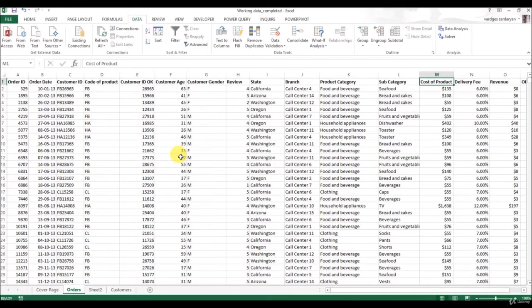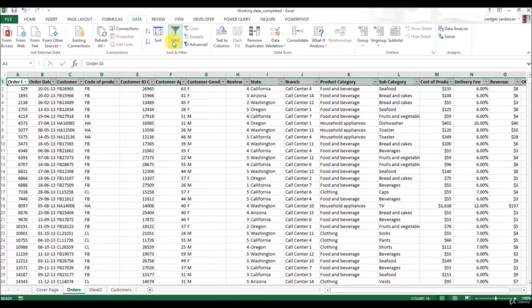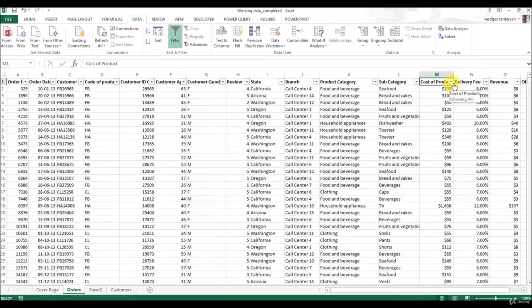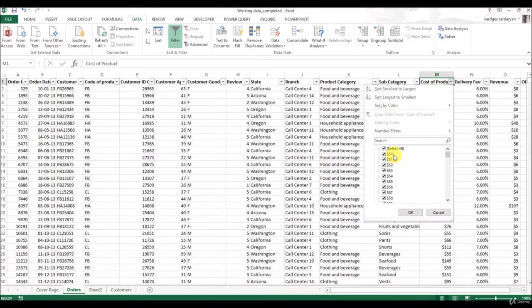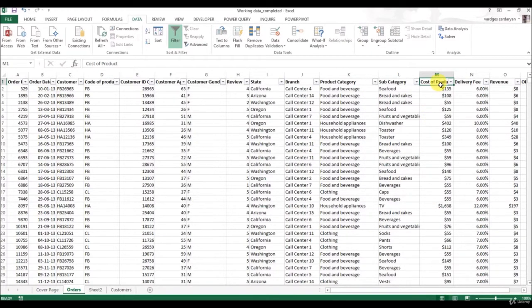Now for practice, let's define the limits for the cost of products. By the filter, we can see that the cost of products in our data fluctuates from $50 to $3,000. We want to define a message for inputting on the title of this column. Here, select the cell, go to Data, Data Validation,